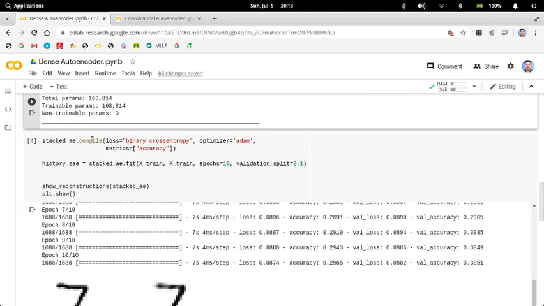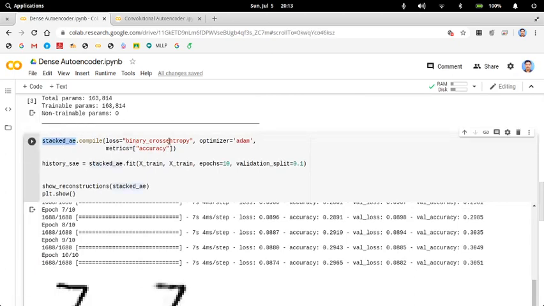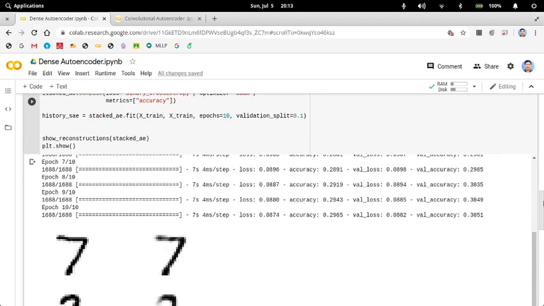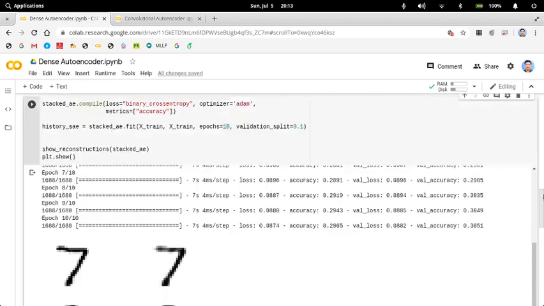Now you compile your stacked autoencoder with binary cross entropy as loss and optimizer equal to Adam. And you fit your autoencoder with your xtrain and validation split equal to 0.1. From this itself you split 0.1. Number of epochs is 10. Then once you complete the epochs,